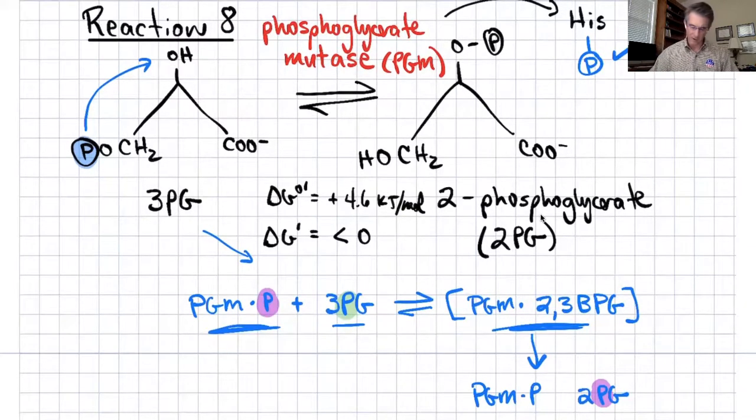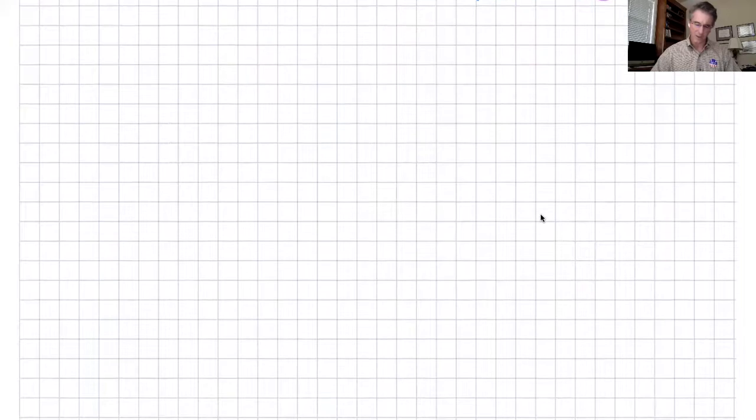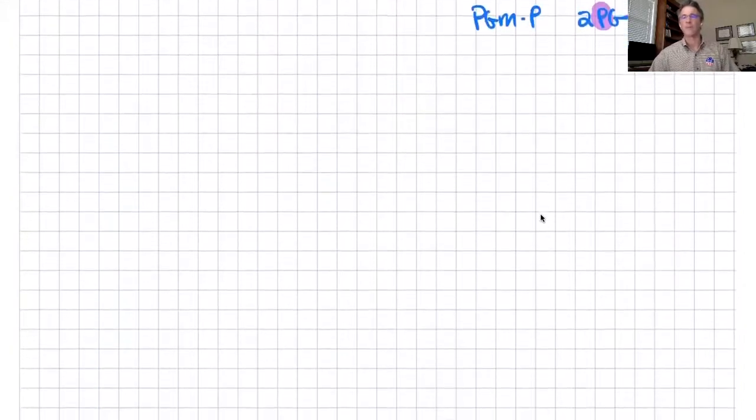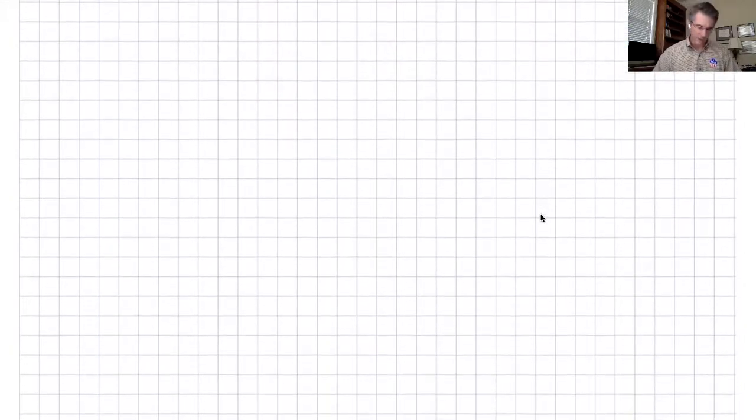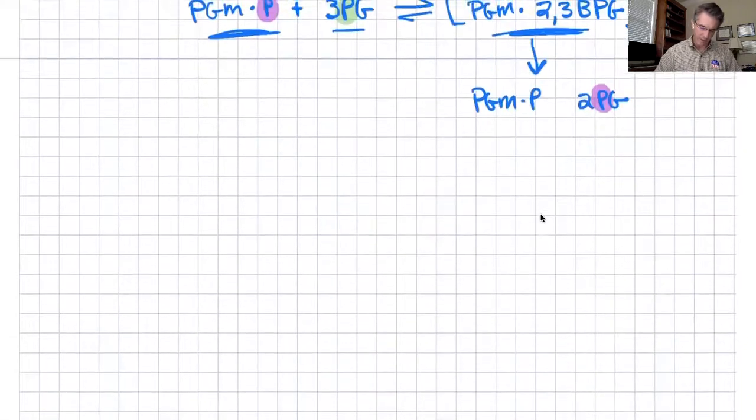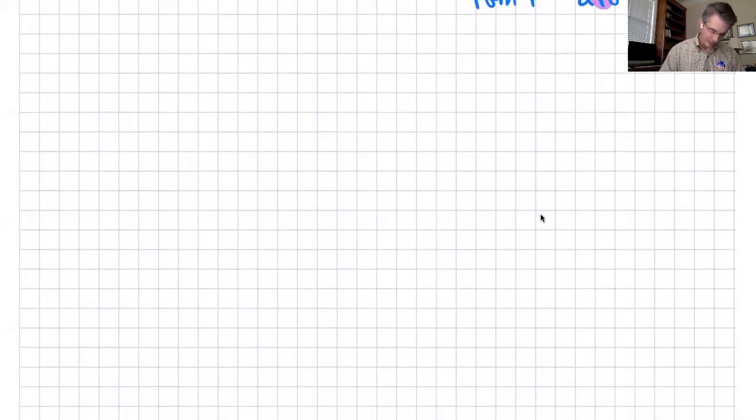We've moved the phosphate over. Now we got to do something to crank up that phosphotransfer potential. Right. This is in some ways the secret. Well, moving the phosphate over is important, but figuring out how to crank up the phosphotransfer potential is at least as important. And in this case, it involves a reaction that looks something like this. So I get this as reaction 9